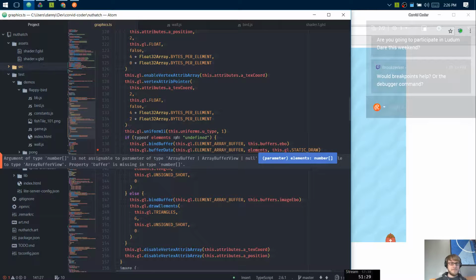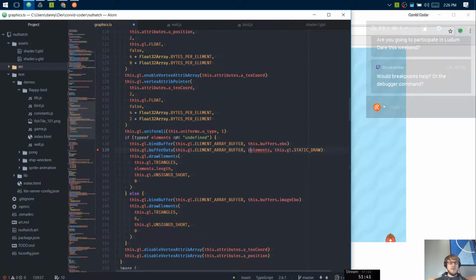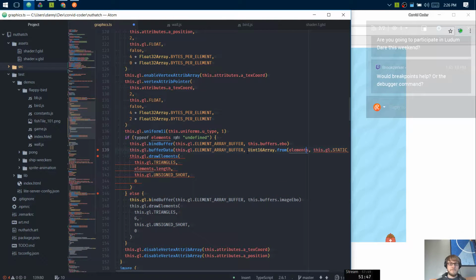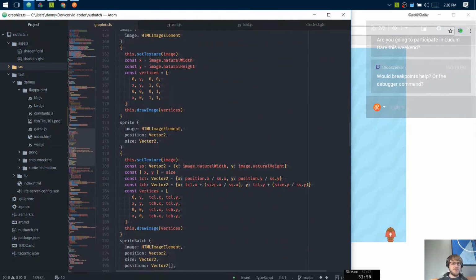Now what do you play right here? I think I want it to be a Uint16Array.from. Okay, so now